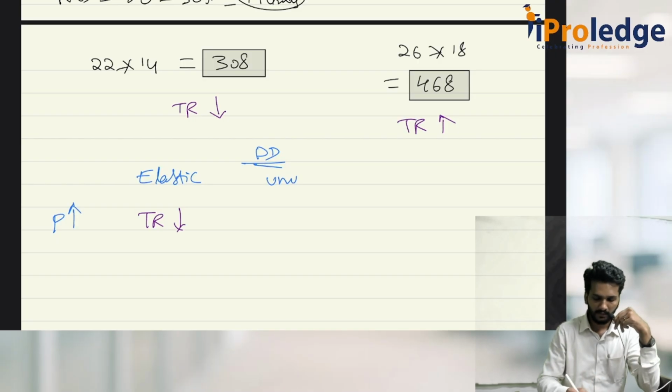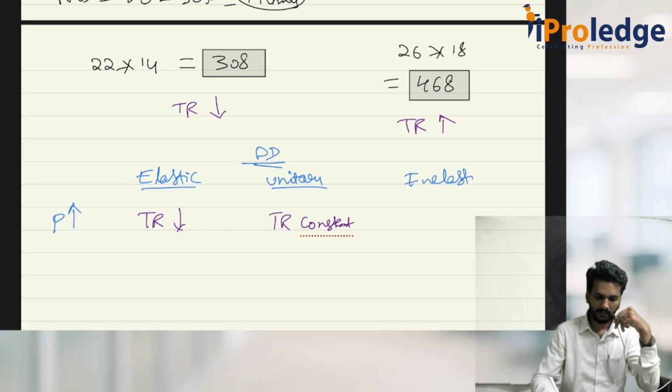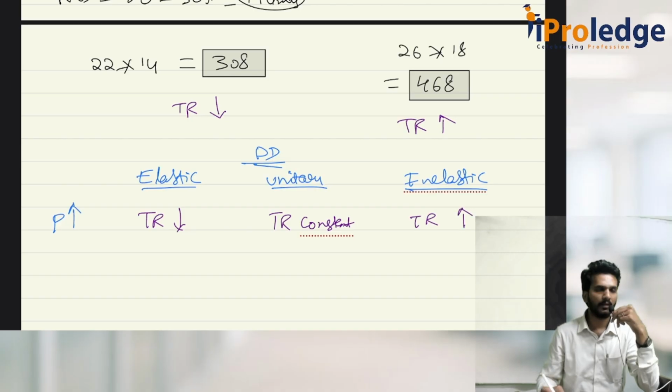Under unitary, the total revenue will remain constant or same. Or under inelastic, the total revenue will increase. So the questions on this would be, under an elastic demand, when there is an increase in price, what